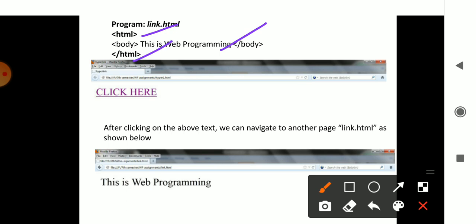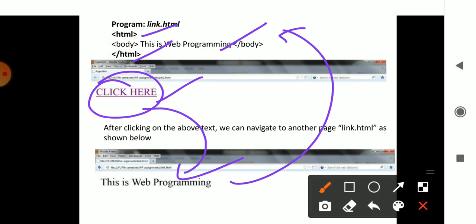So in the output, in the hyper.html file you have a text, click here. When you click on this, it will move to this page, that is, this is web programming, which is present in the link.html file.